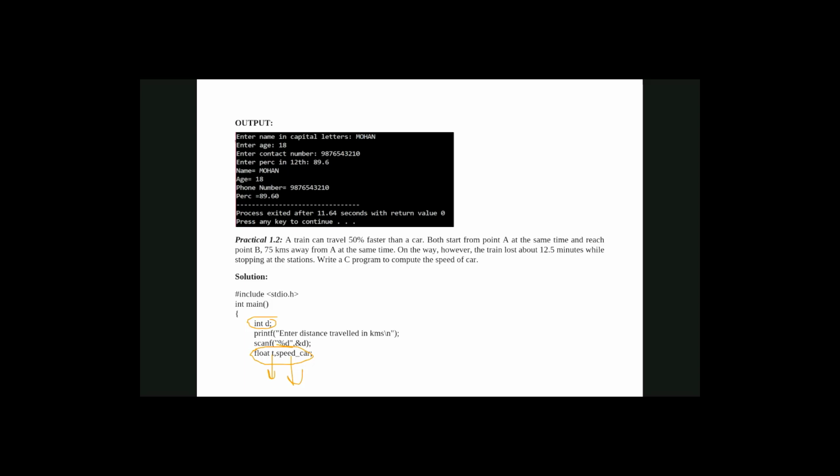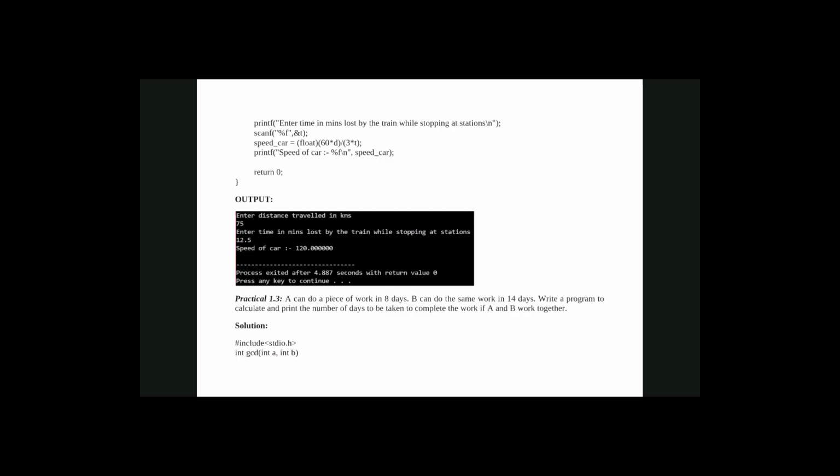Okay, decimal. Yes, because float means decimal, and here d type is int. What is int? Int is integer. Okay, so this is the simple practical.